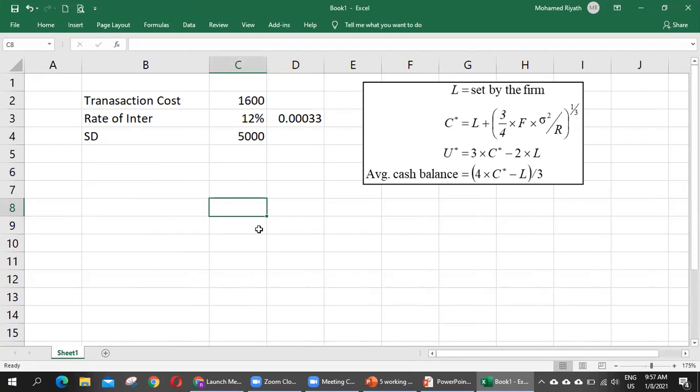First we will find out the optimum level. L, how much? Lower balance is 50,000. Right, and now we will find the C. The lower limit is 50,000, and here we will find this later. And 3/4 equals